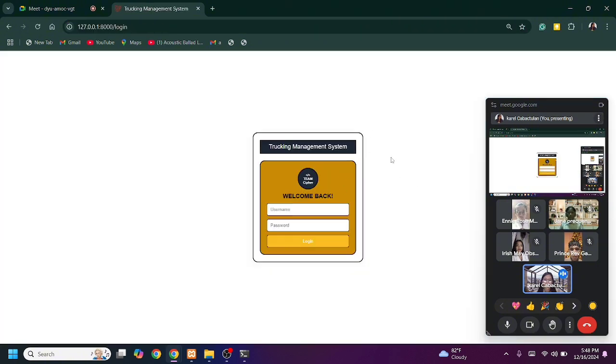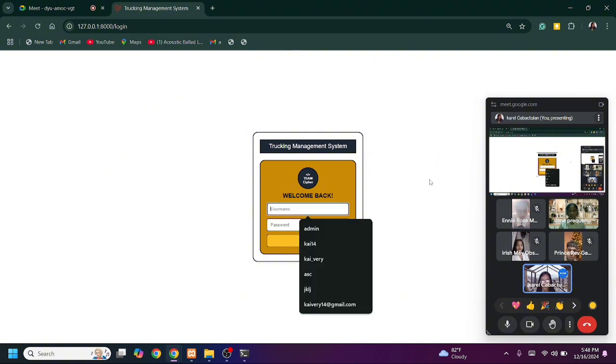So this would be our login interface. Since we already created a built-in admin and password in our input fields, if we ever entered wrong credentials, it will show an error message, which is incorrect username or password.